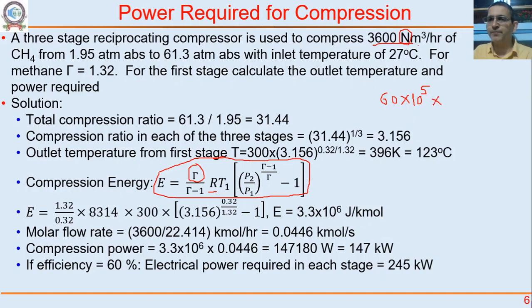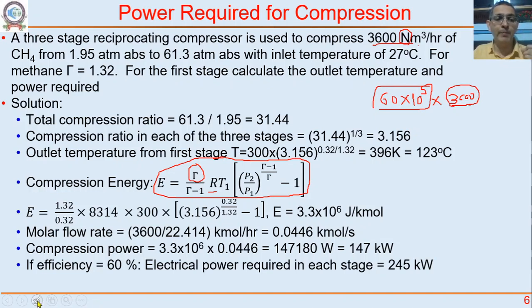multiplied by flow rate. So rho g will cancel. Flow rate is 3600 meter cube per hour of liquid if I want, that is 3600 meter cube per hour. So it is 1 meter cube per second multiplied by 60 into 10 raised to 5. That much amount of power the pump would have required, but 3600 flow rate, if you want to talk in terms